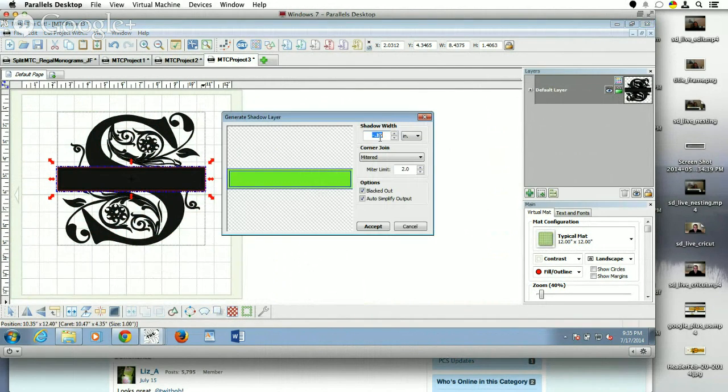Okay, and right here, I just use minus 1.5, have it on inches. I have the corner join set to mitered, which gives me the squared edges. So the minus will make the shadow inside, as opposed to a positive, which would make it on the outside. So I want the inside, mitered, hit accept,